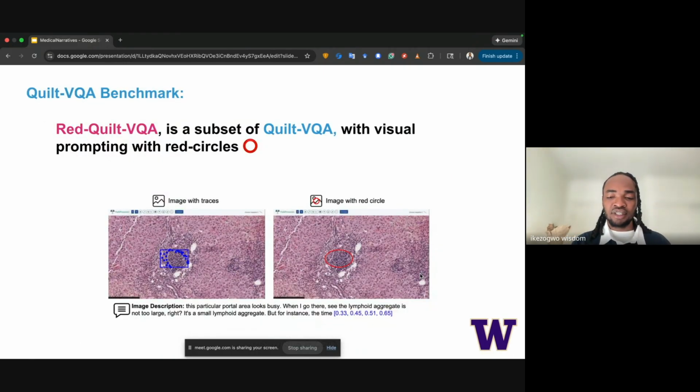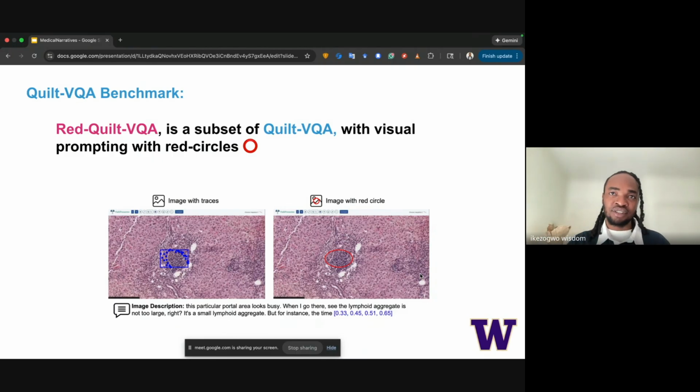We contribute a better evaluation benchmark, especially for histopathology. We also consider localization of features via visual prompting using red circles. This is very similar to clinical practice where radiologists and histopathologists, or pathologists, as we call them, would use black markers to circle out regions of interest.